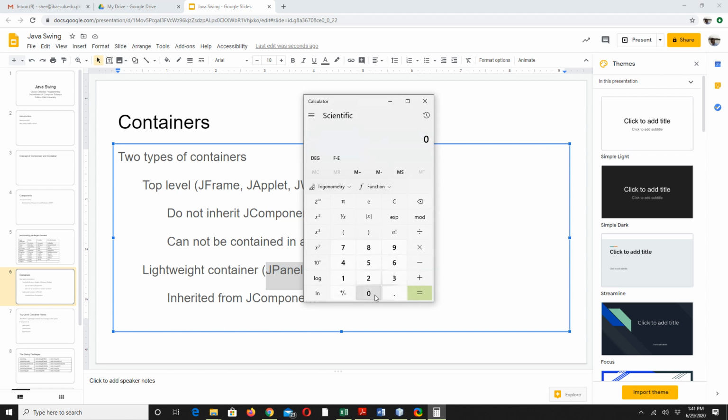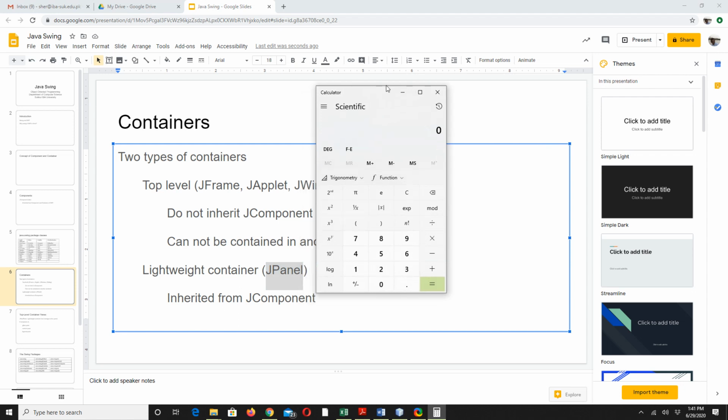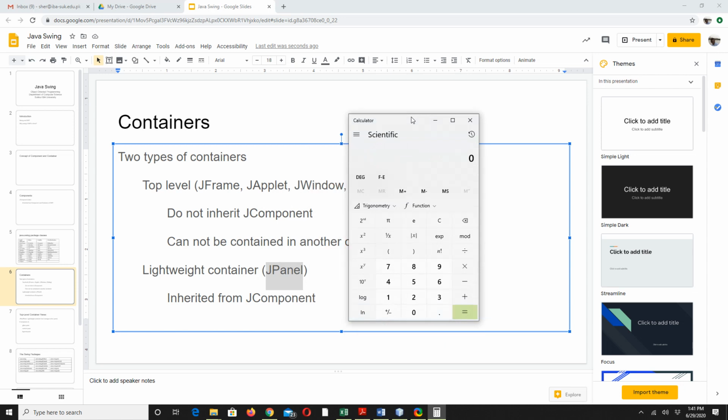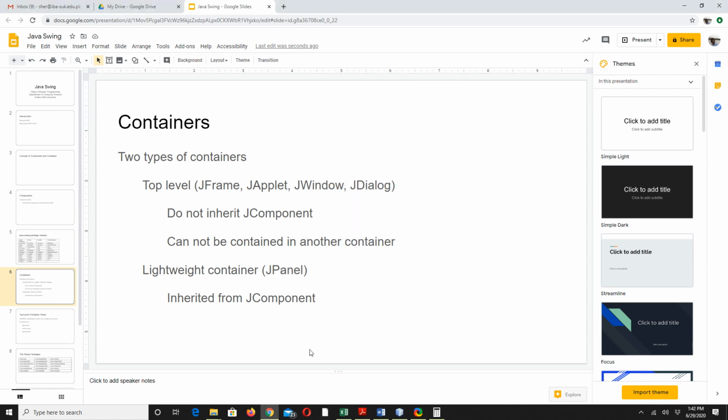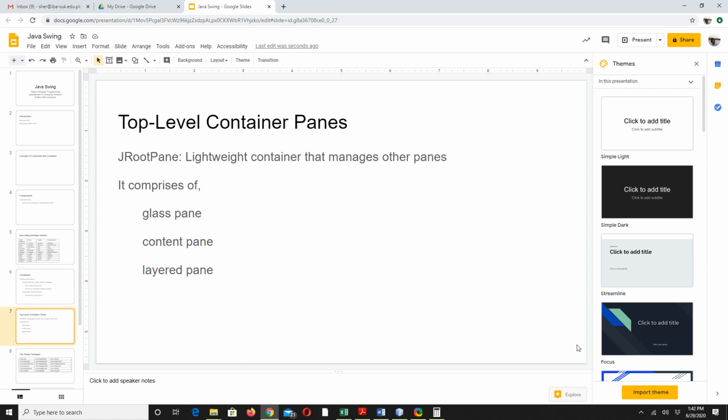On this panel, you are putting all these components, and then this panel itself is put on the top-level container, right? So you need to understand this concept of component and container, because in Java all these Swing-related things are either components or containers, right?